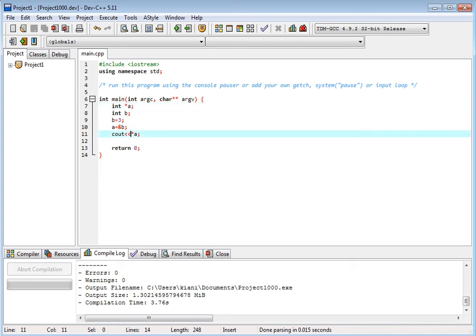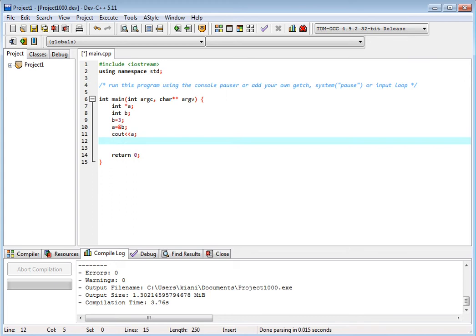This means the value at a. To get the idea of pointer, because it is difficult.